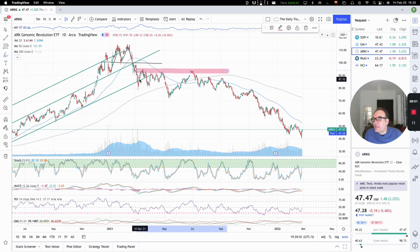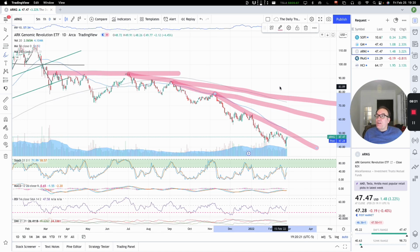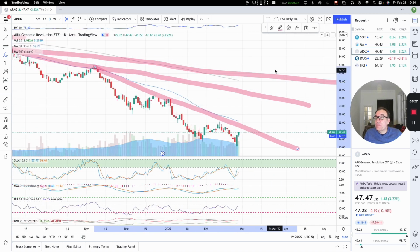So after going down, the stock made it up and never broke that top, and then started going down at this rate, and then started going down at this rate, and then started going down at this rate. You have three different speeds down. So it's pretty sad. What can I say about that? So right now,